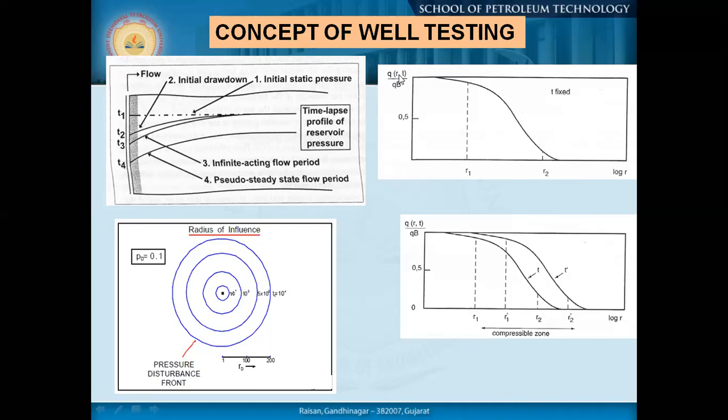Reservoir value, reservoir by surface, isn't it? So this is actually your reservoir production. This value Q by QB is your reservoir. This is surface production, and if you submitted, you are getting 1, meaning the reservoir value. Okay, so if you see this line, this is a line at a specific time T1, T is fixed.